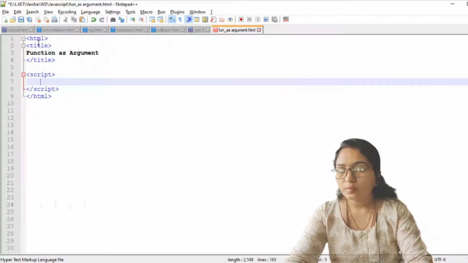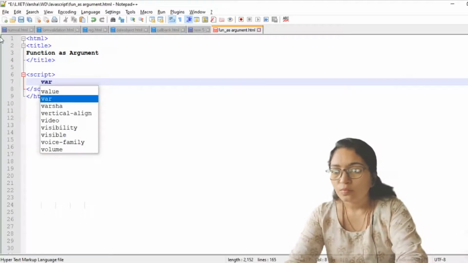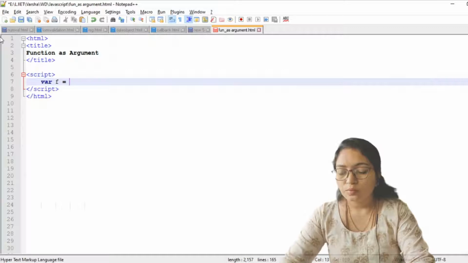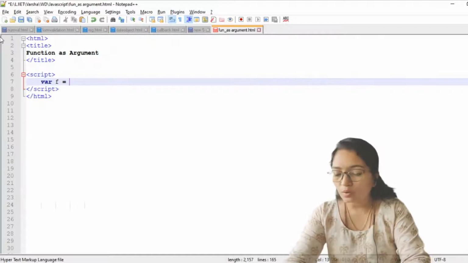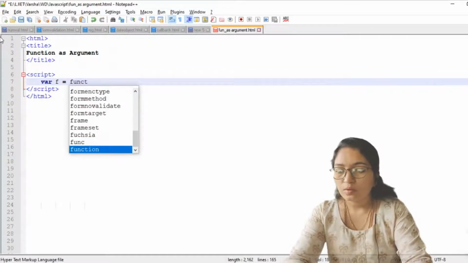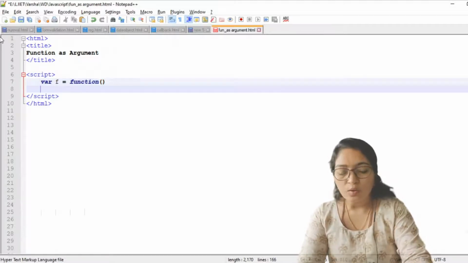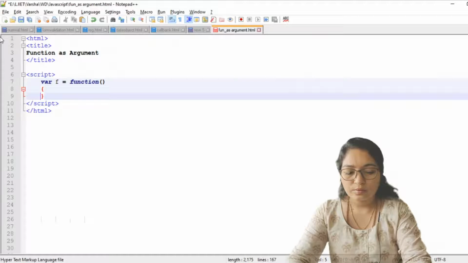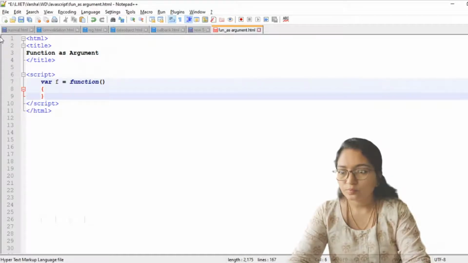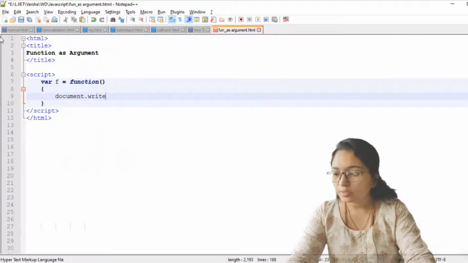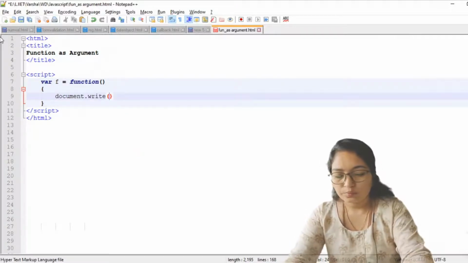In script, create a variable f is equal to function. Now here just write document.write hello.